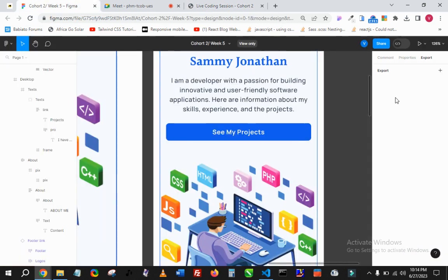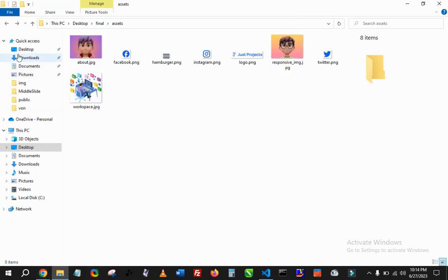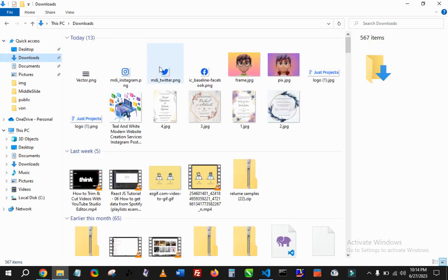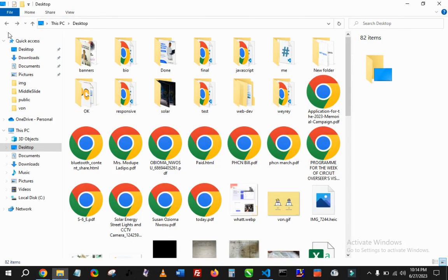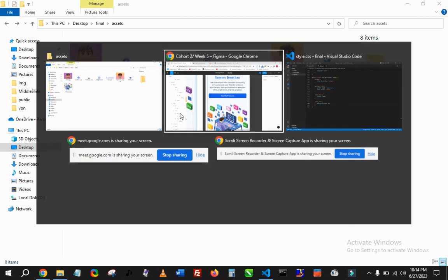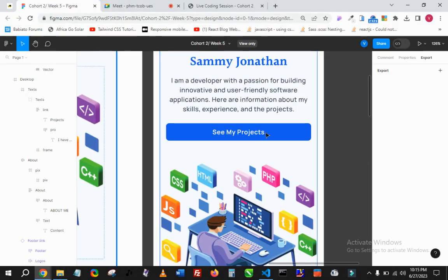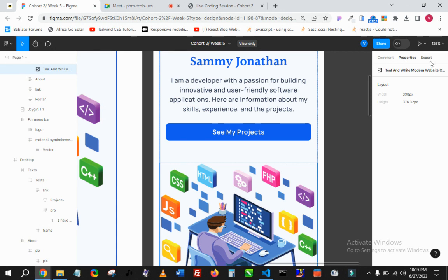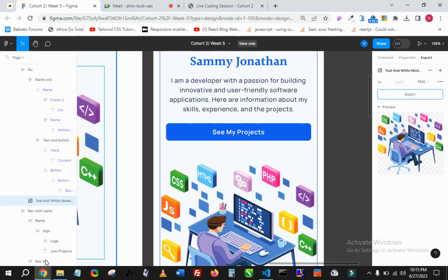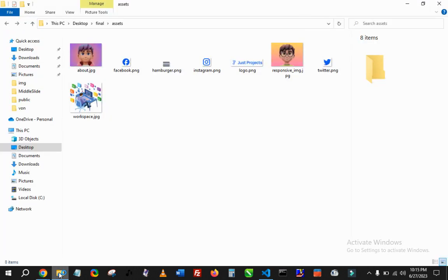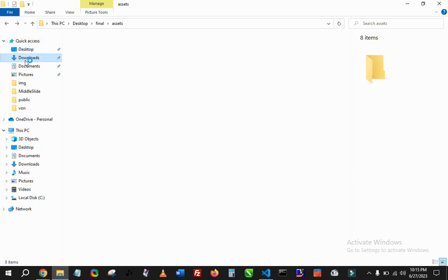The image I used is kind of different from what we have. Downloads. Yeah, okay, I used a JPEG. I don't know why I did that. Let's quickly just get this image. I don't like the image I used. It should be a PNG file, not JPEG. Download, because the JPEG I used has a background,